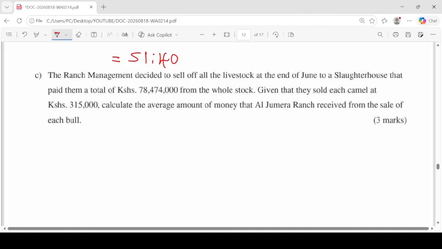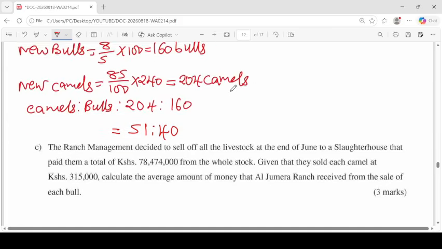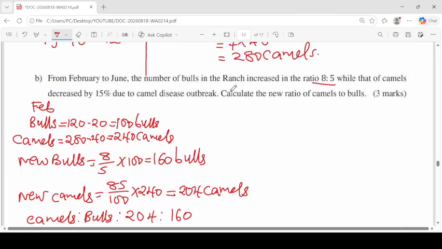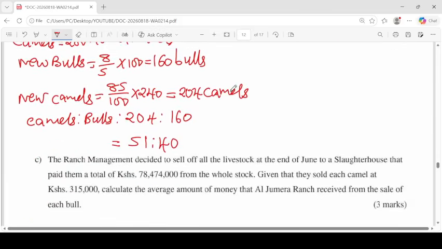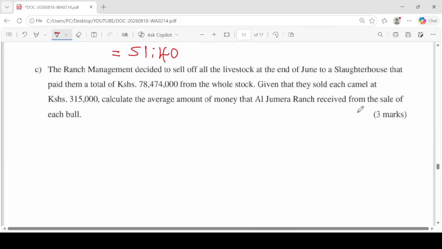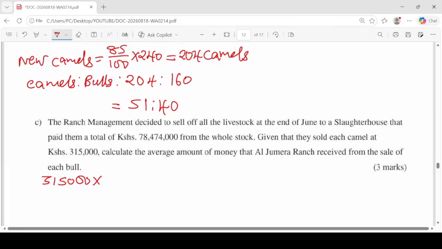So they are talking about at the end of June. How many animals were there at the end of June? We had 160 bulls and 204 camels. They sold each camel at 315,000. So I take 315,000 and multiply by the number of camels which were there by the end of June. There were 204 camels,